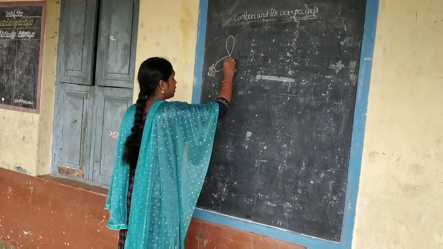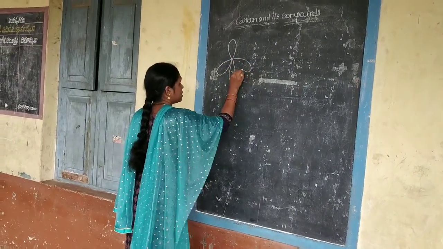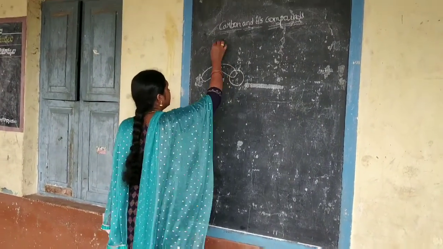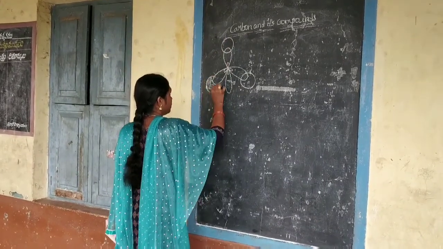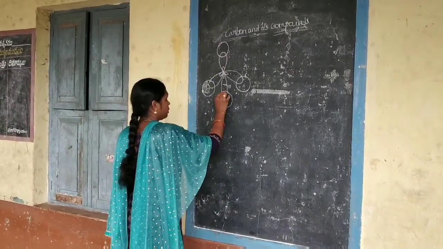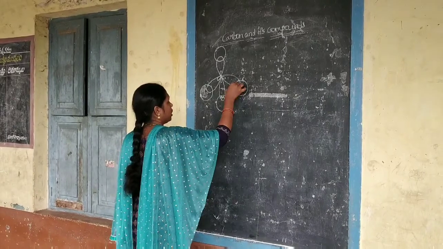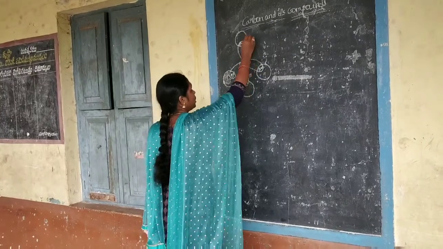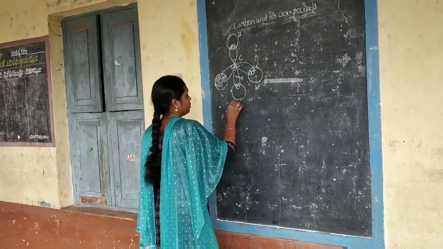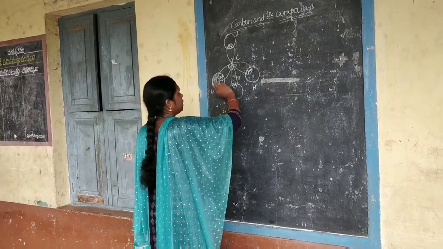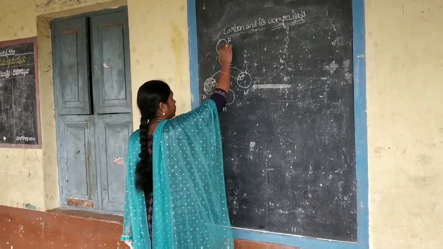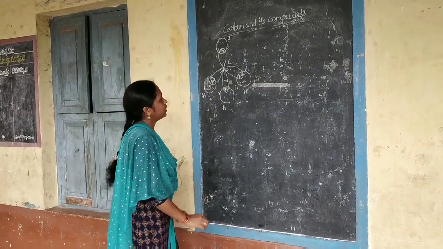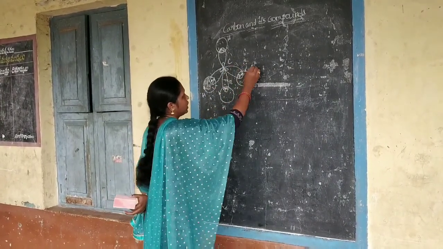Sometimes in the final exam, the question raised is: draw the overlapping diagram for the methane molecule. This is the overlapping diagram for the methane molecule. This is the carbon nucleus and hydrogen, hydrogen, hydrogen and hydrogen. Here the shape of the molecule is tetrahedral and the angle is 109 degrees.